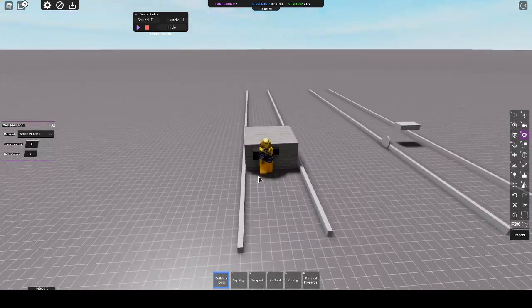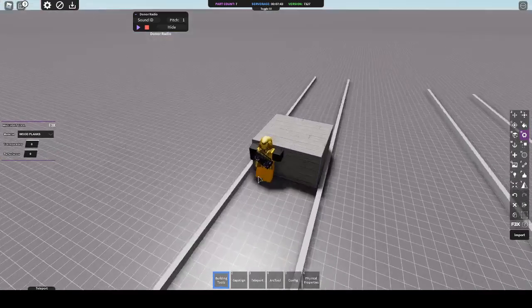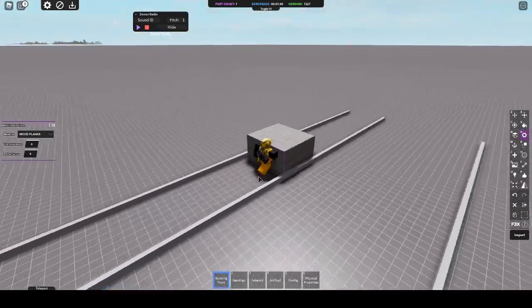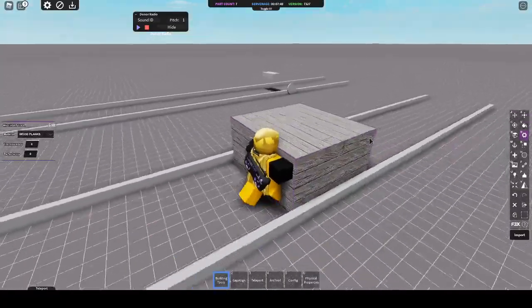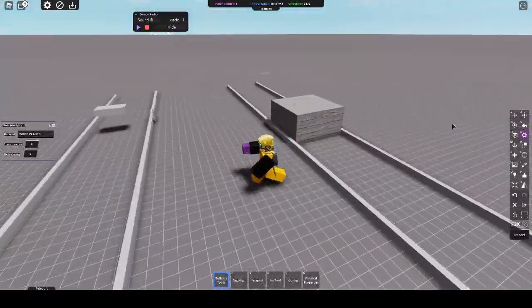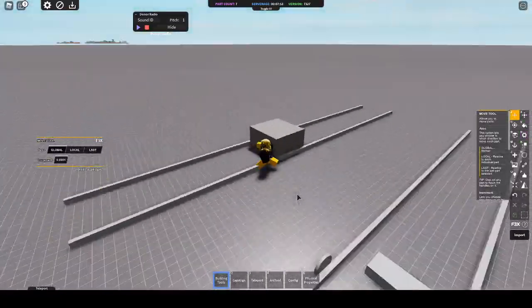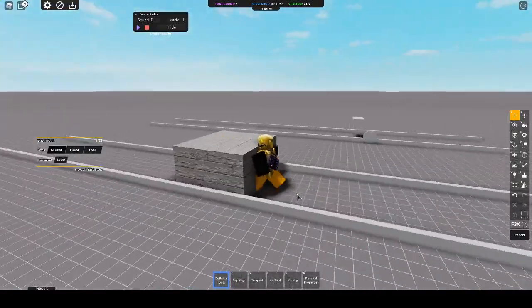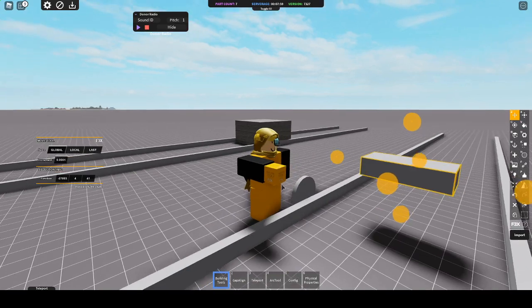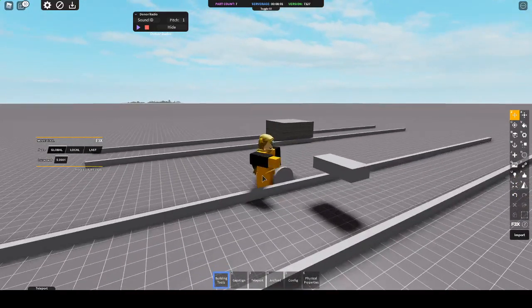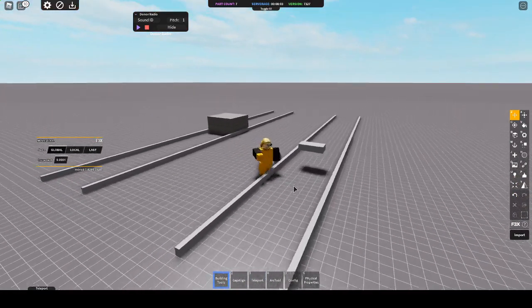See? So now it stays in between these two blocks and slides along, and I can slide it along the other way. And that's how trains sort of work, is that it's a guided block. If we go over here to our actual train we're building, which is just going to be a car that's